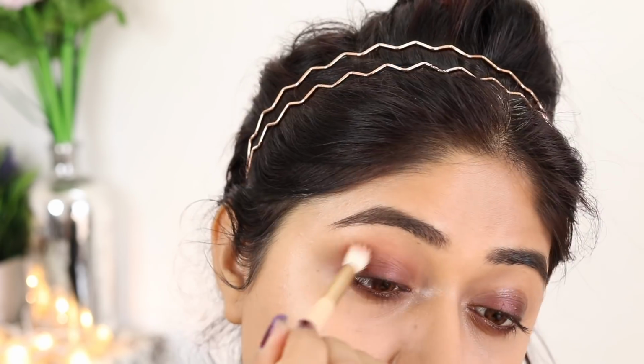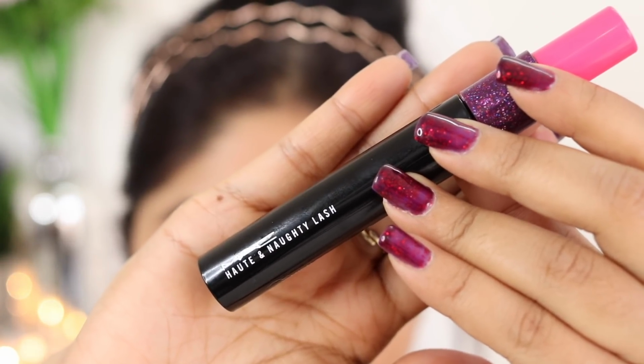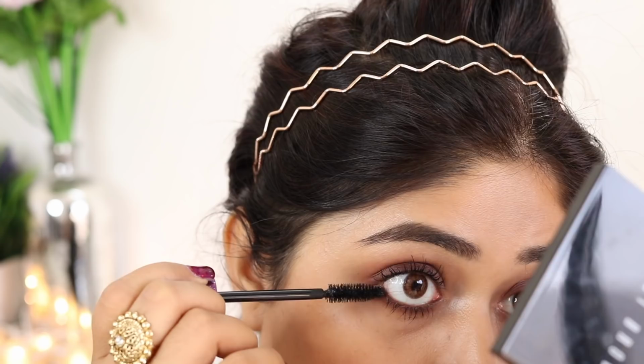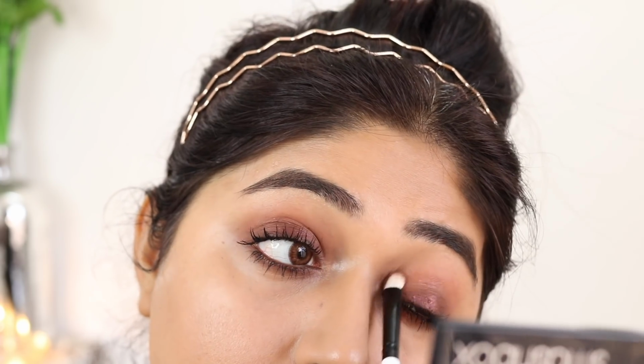Next, I'm going to use the MAC Haute and Naughty Lash Mascara, and this is something that is perfect when you want to do a softer look in the day and amp it up for the night, because you can use the pink section or the purple one to calibrate the amount of product that comes out in the wand. I'm using this on my top as well as my bottom lashes just to finish off